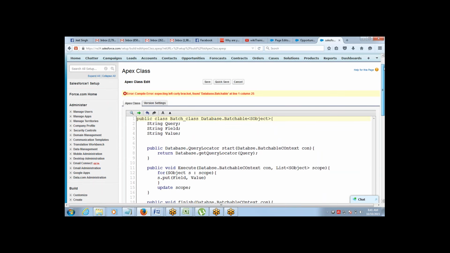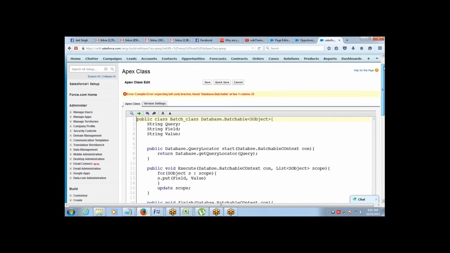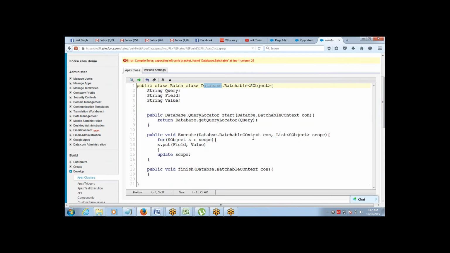Database.Batchable. Your spelling of Database is probably wrong. No, here where there is void execute. Database.Batchable, on line 7. Data implements Database.